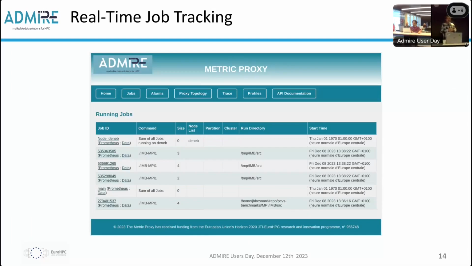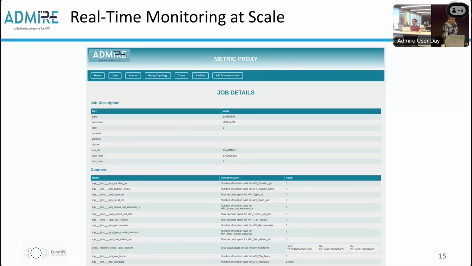This allows us to have a dynamic view of the jobs running on the machine, giving us tracking of the various performance data. What is inside this, I will show you in the demo soon, is that when you click, you have the various metrics for the given job. And these various metrics allow you to understand how it behaves. We don't store the jobs as they run because of storage constraints. So, job details, as I just mentioned.